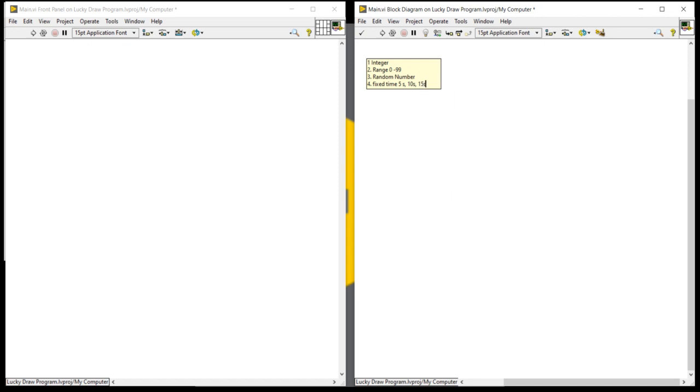After this fixed time interval, our program will complete the execution. Our lucky draw number generator will stop generating numbers, and the final number, the last digit, will be our lucky number. That's right. Am I right?